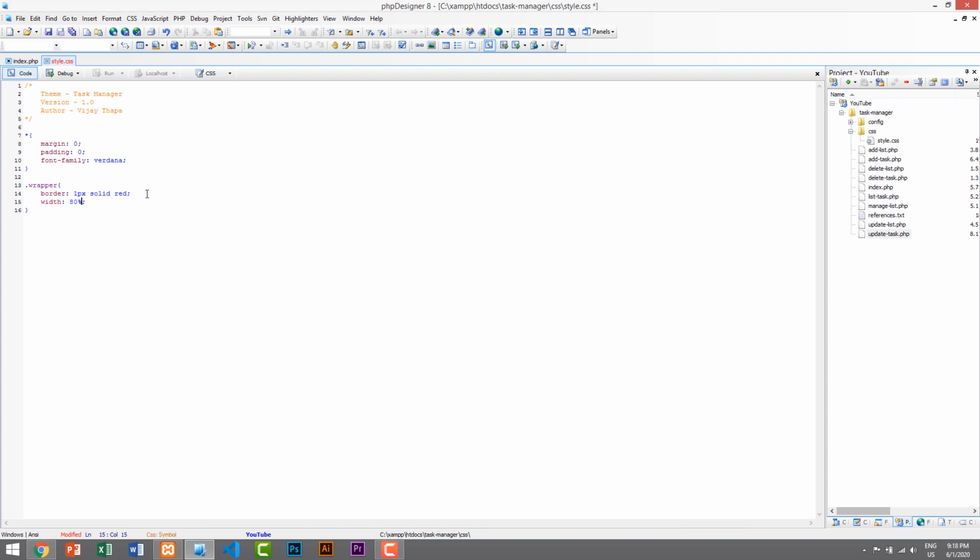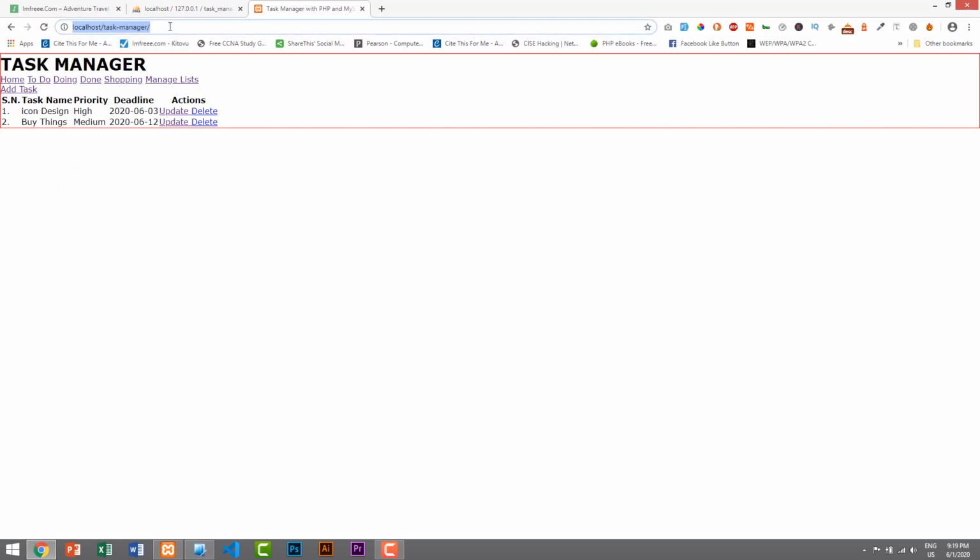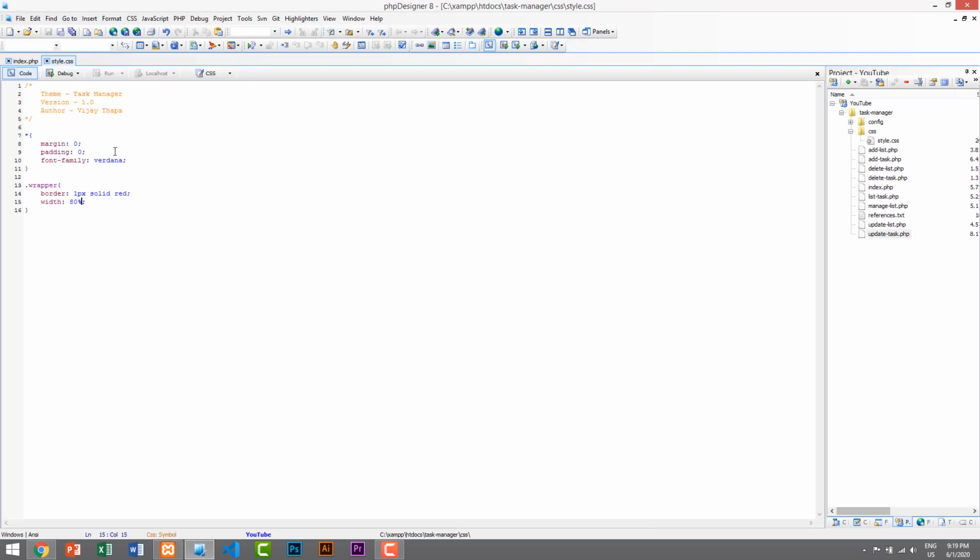I don't want full width, so save it, width 80%, and save it, and go back to the browser and let's refresh it. So we have space on the right side, but I want space on the left side as well. So what I will do is add a margin,